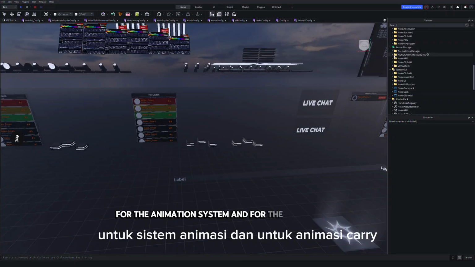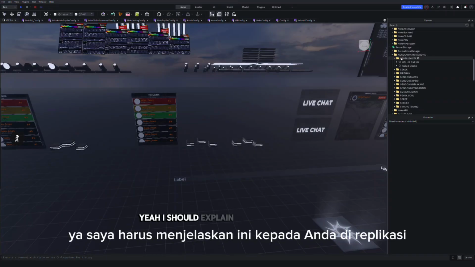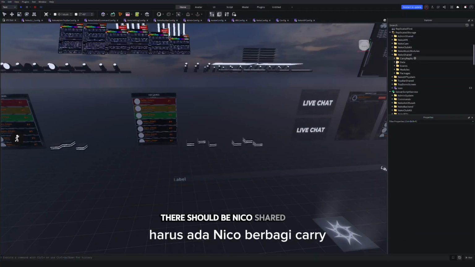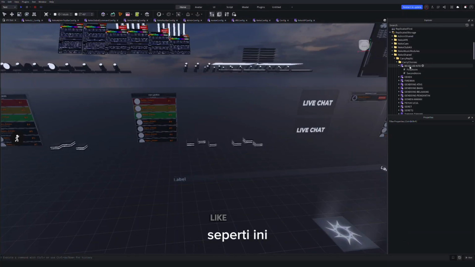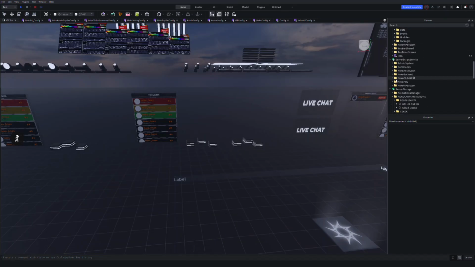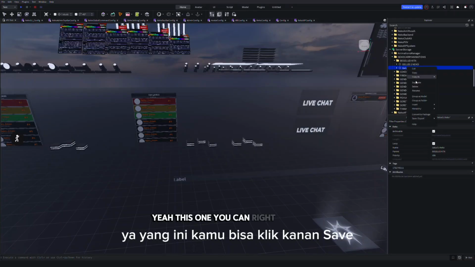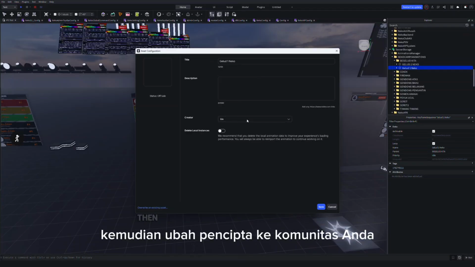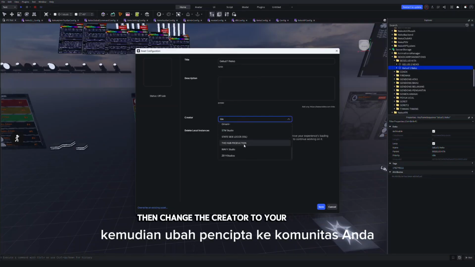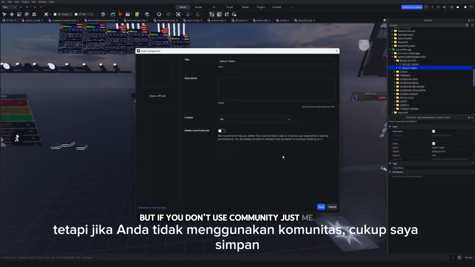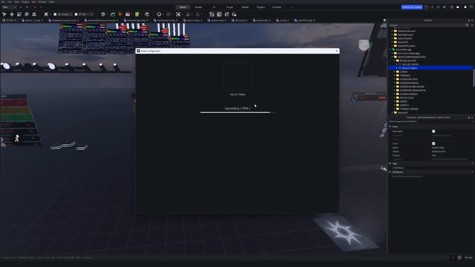And for the carry animation, I should explain this. On Replicated, there should be Nico shared carry replic carry choices. For example, like this one, Begelut kita, first anim and second anim. You can right click, save to Roblox and upload the animation based on what you need. If your map is owned by a community, then change the creator to your community and publish to your community. But if you don't use a community, just me. Save, copy the ID